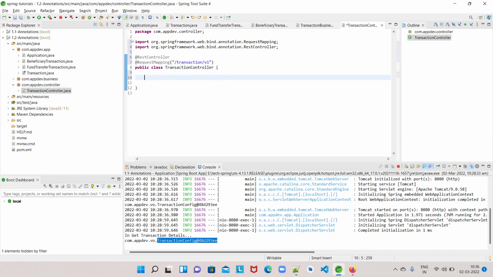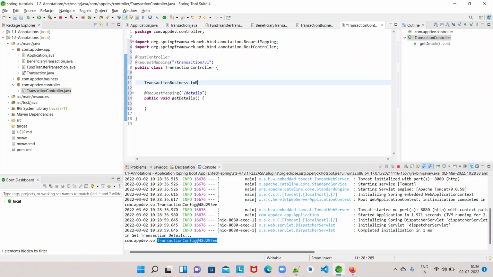Yep, I'm having a method public void getDetails, and any request that is having a URI slash details, this method will be executed, and this method is dependent on transaction business as well.